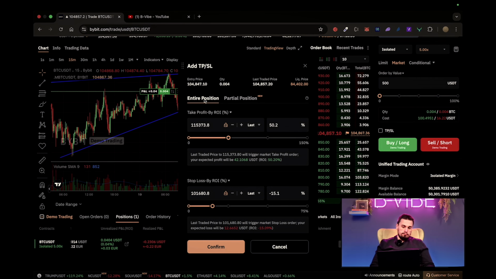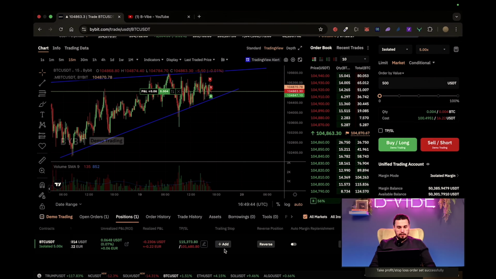You can cancel it, so you can exit your order with the entire position, so with all of the value or only the part of your value. So you can go and exit your trade 50% of your value, not the whole position. So I say confirm, and now you will see